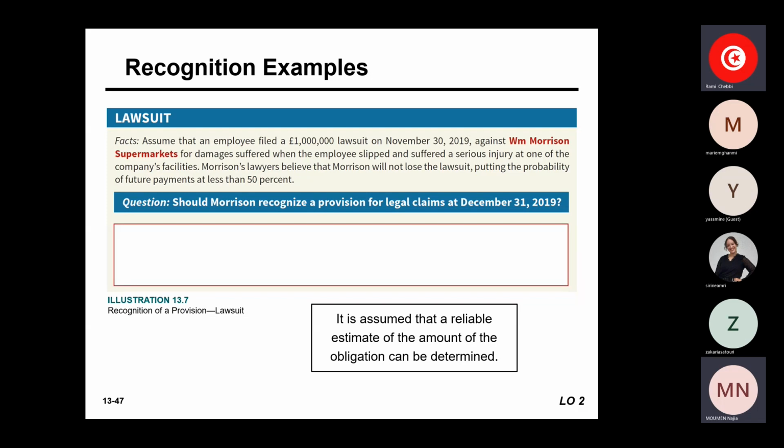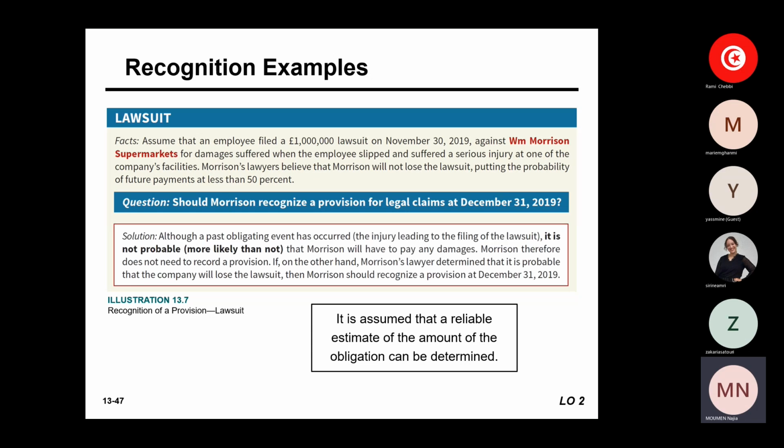It's not probable. Yes, it is not probable because it is less than 50%. As I said, probable means more likely than not, meaning more than 50% as a probability. So if it is less than 50% here, there is no provision to be recorded. Even though we have this past obligating event, the injury that led to the filing of this lawsuit,